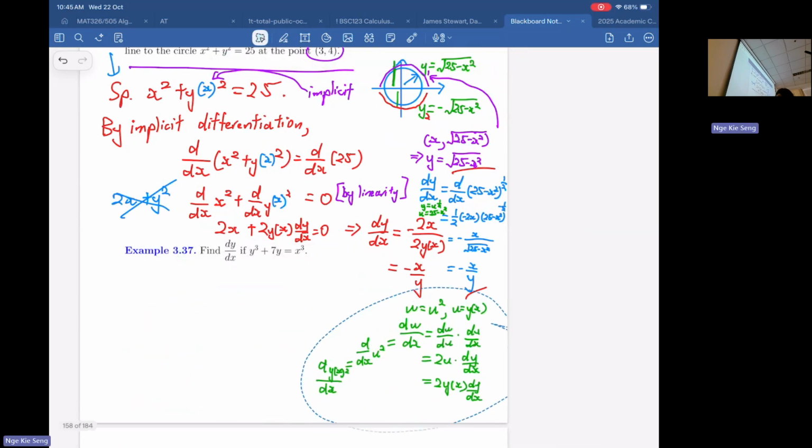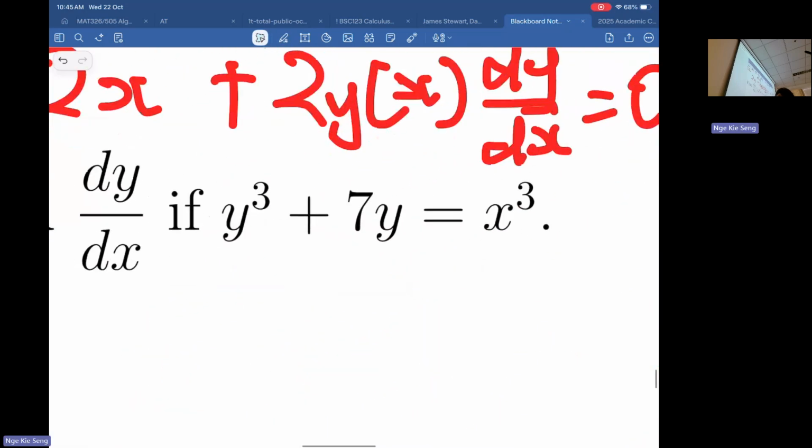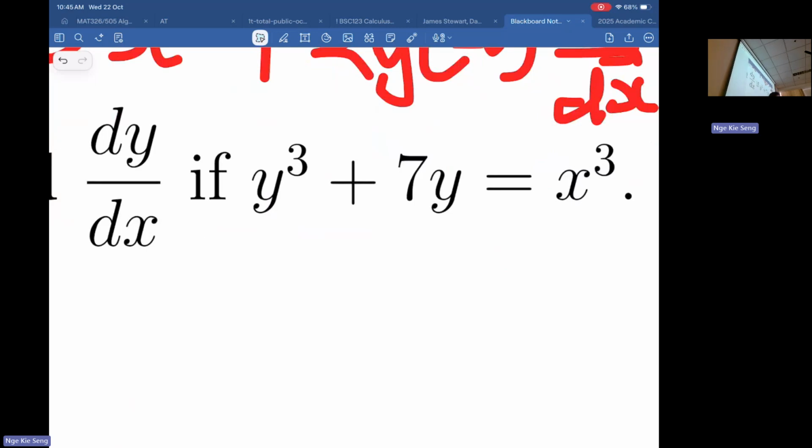We still have 5 minutes, so how about trying this? I give you 2 minutes. Try implicit differentiation on this question. You should ask yourself, what's implicit here? What's hidden here? Which variable is hidden? Just now we differentiated with respect to x, x is hidden, right? So in this case also x is hidden. Hidden where? Try and do this. We'll discuss after 2 minutes.